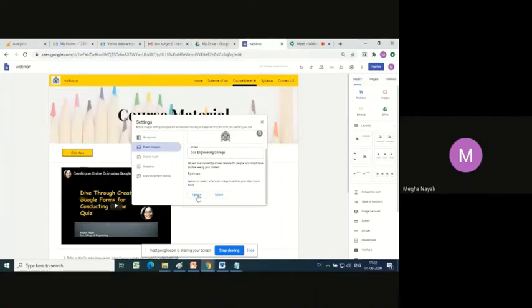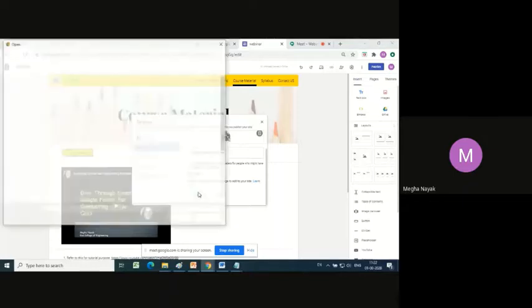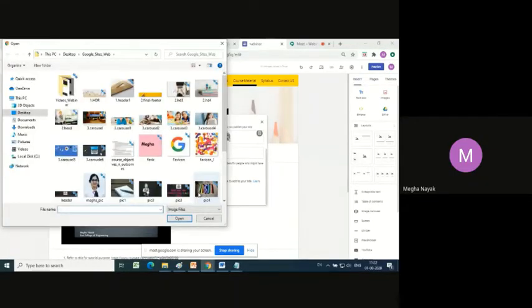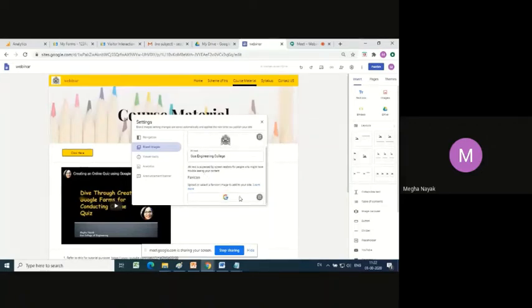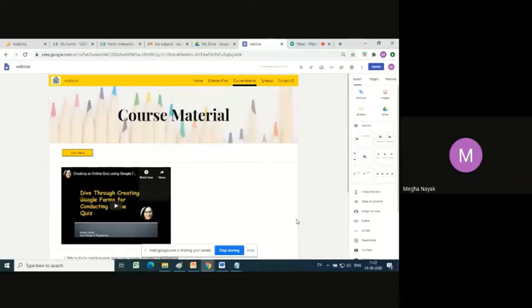So I'll insert one already present favicon. So I've taken this and I say upload. Takes a while. So this is my favicon. So when I publish my site online, when you're opening it, you should be seeing it.